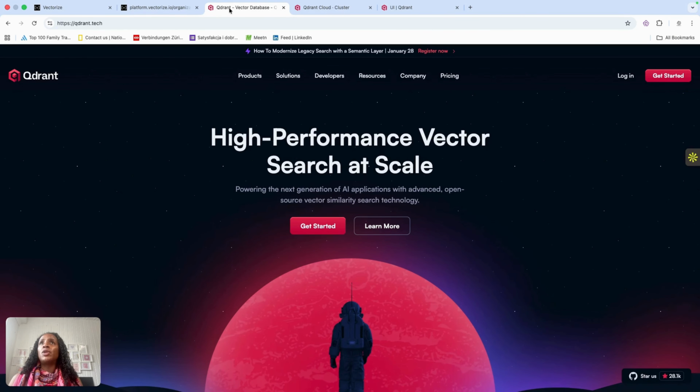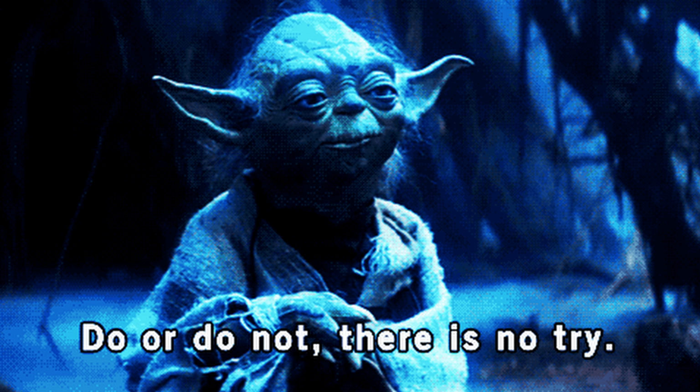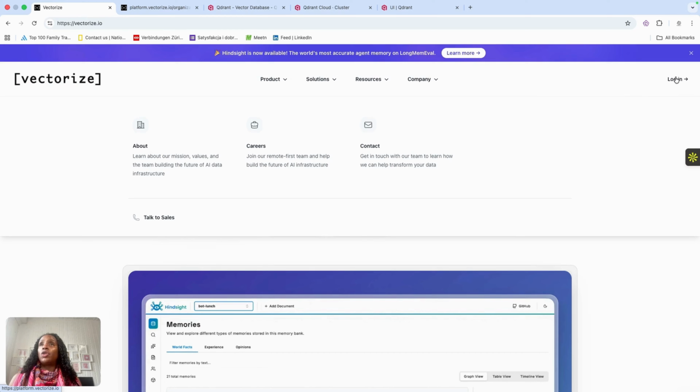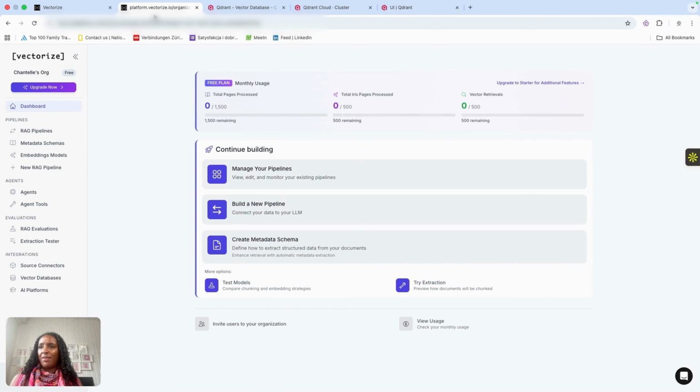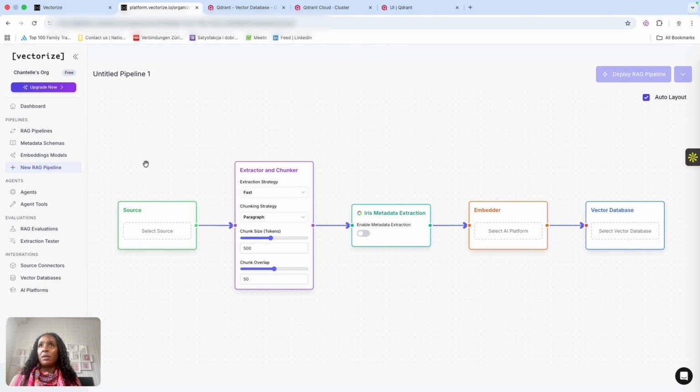Now, the best way to do this is for you to do it, learn, and apply it to your n8n build. So you can sign up and log in to Vectorize. You get a free database vectorization shaper, essentially. And you need to come down to New RAG Pipeline. You will get the ability to build a pipeline. So I'm going to call this pipeline